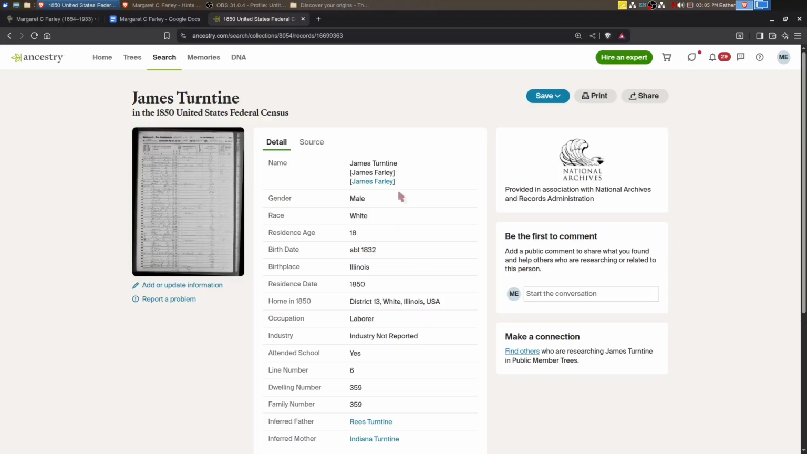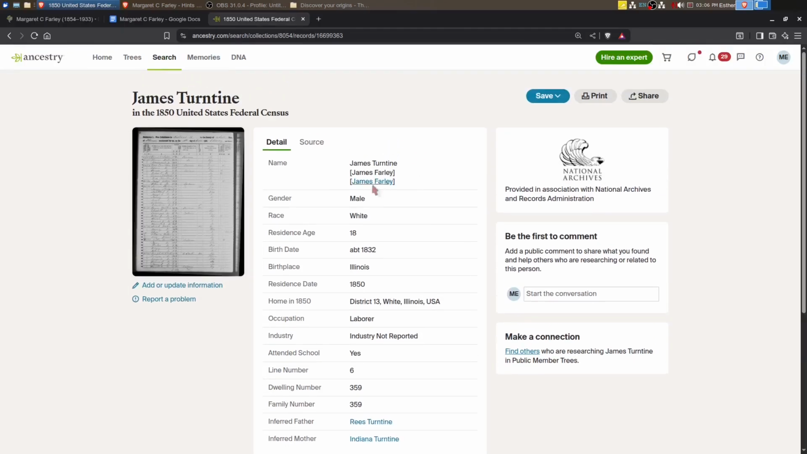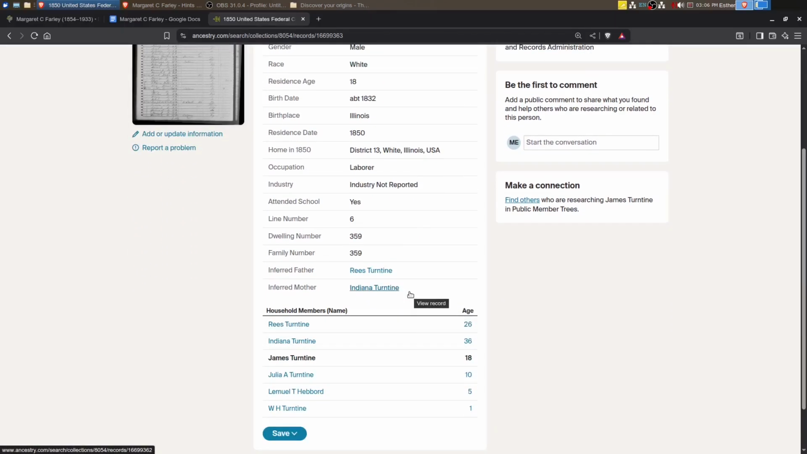Okay, another user has come in and said that James Turntine is actually James Farley. You can look at the notes of why they said that was the same. The inferred parents for James were Reese Turntine and Indiana Turntine. That grabbed my attention because we found a Caroline Farley in the household of Reese Turntine and Indiana Turntine in